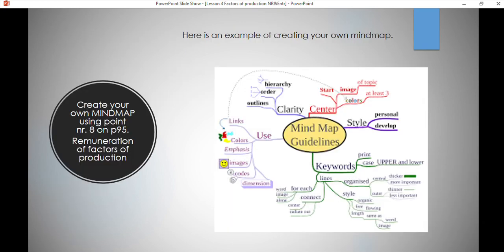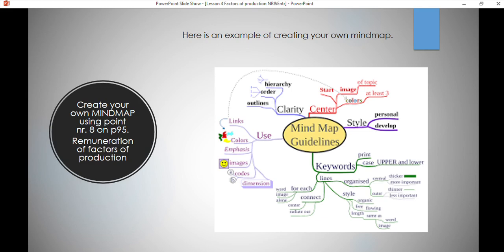Then on page 95, you are required to make a mind map on the remuneration of factors of production. In the middle, I want you to take point number 8, remuneration of factors of production. You'll put that in the middle where you see mind map guidelines. And then you'll have 4 arrows or 4 lines that will go to different